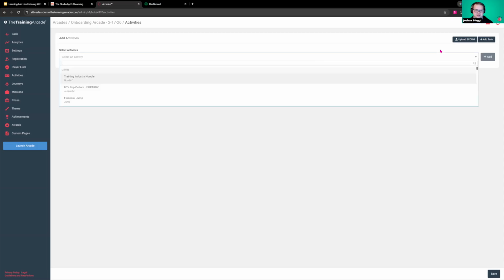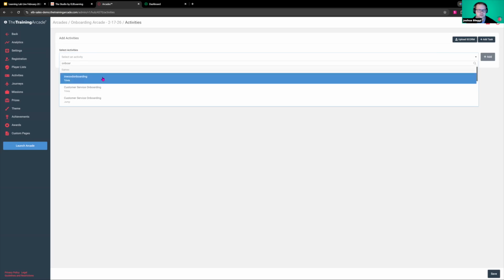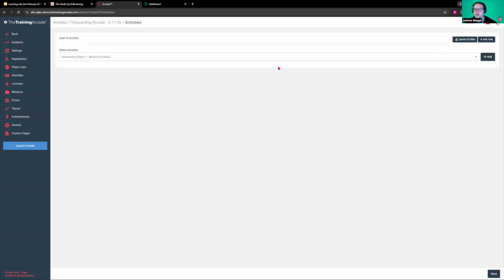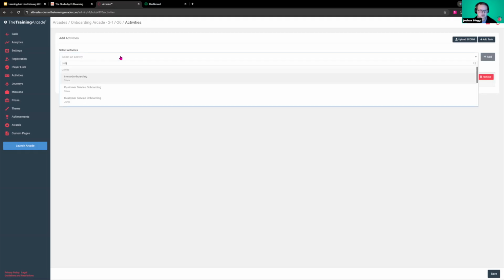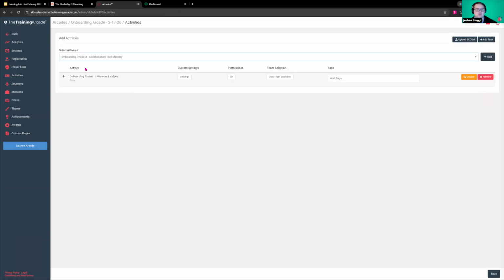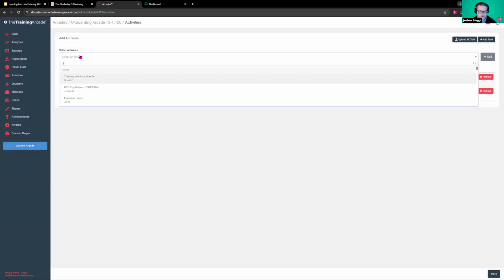I'm going to start by adding the games because that's actually the easiest thing here. If you notice, there's this select an activity option. This is purely going to grab your activities, and when we add a journey, the journey and missions will show up here as well. But let me go ahead and add our three little games here real fast. We'll add that one, add the next one, and we go to phase 2, add that one, onboarding,